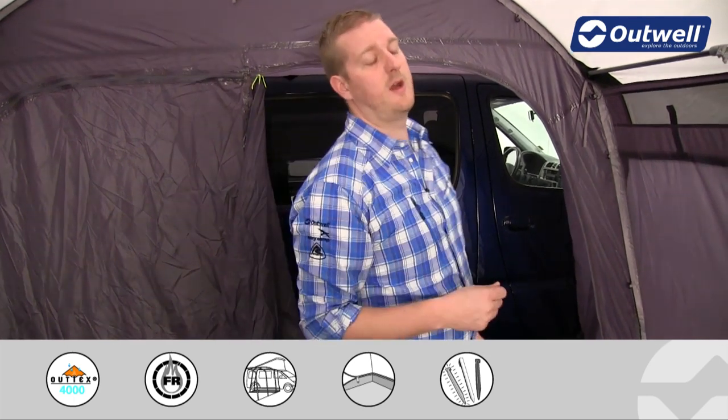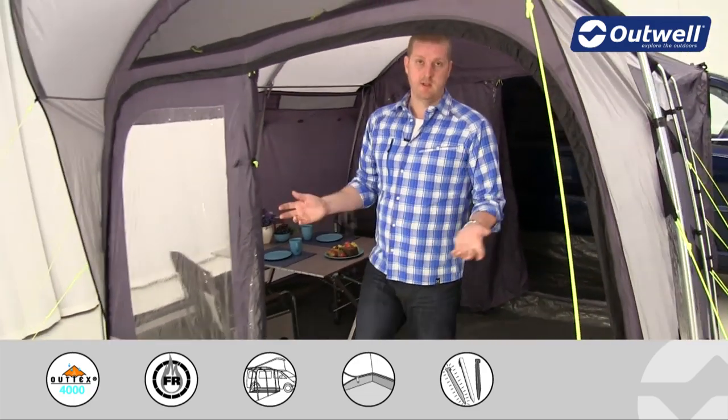Just another couple of optional extras to talk you through then for the tent. There is a carpet available for the inside here, just to give you that home away from home feel. And there's also a footprint available to go under the ground sheet as well, so a little bit more protection there as well. So that's all of the